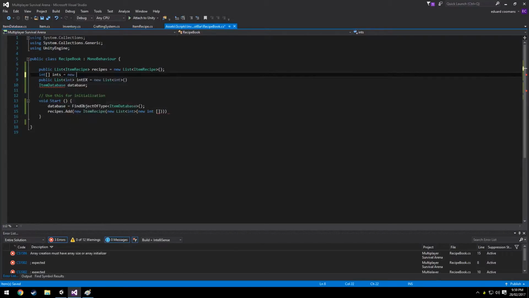So, and we'll just say this is equal to a new int array of 5 units, and here we'll say ints, and we'll say this is equal to new int array, and we'll say 2 3 5, and we'll close that off, and we'll say the capacity of this list is going to be